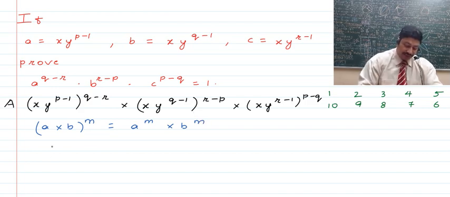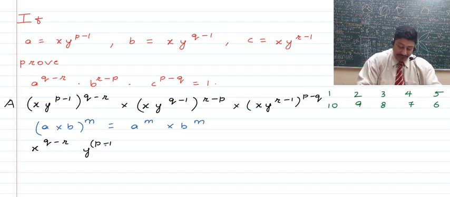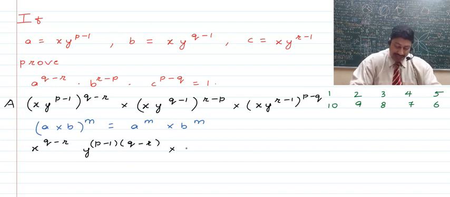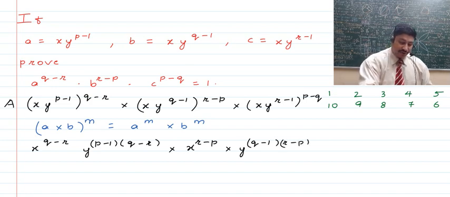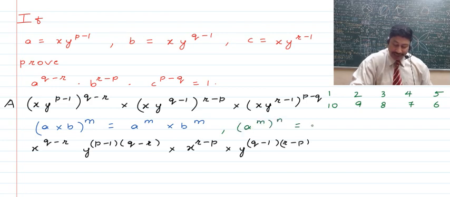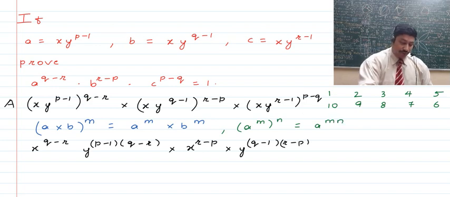So using this rule, we will now have the power of x to be q minus r, and the power of y also to be the same, that is q minus r, but as there is p minus 1, it will be multiplied with q minus r, right? Next term, we will have here x raised to the power r minus p into y raised to the power q minus 1 times of r minus p, which obviously is because we have this rule that if we talk about a raised to the power m, which is whole raised to the power n, then that becomes equal to a raised to the power m into n. So using this we have this.